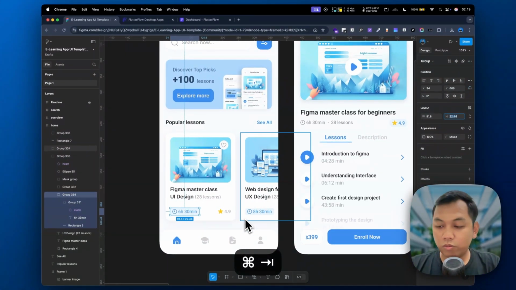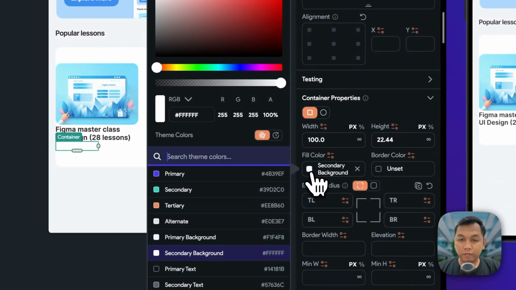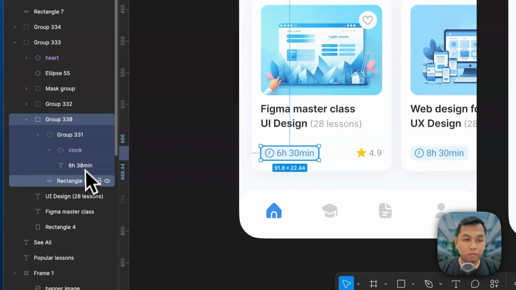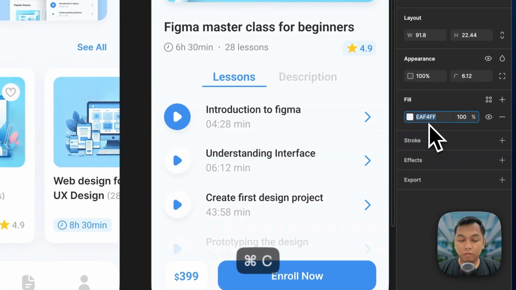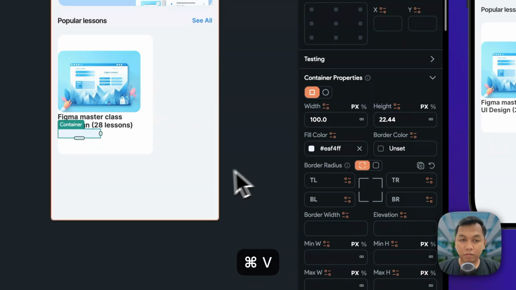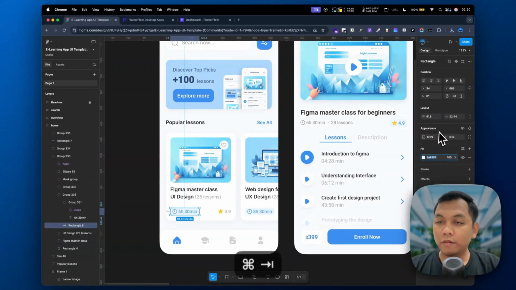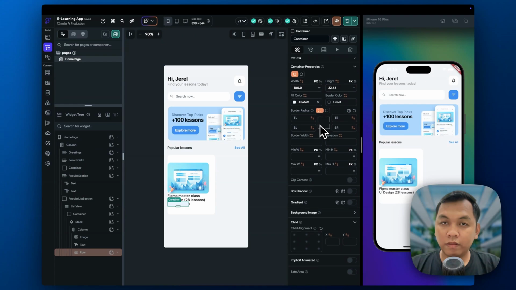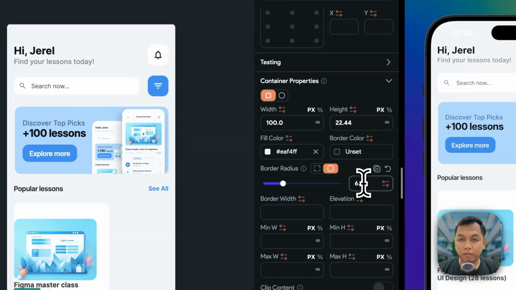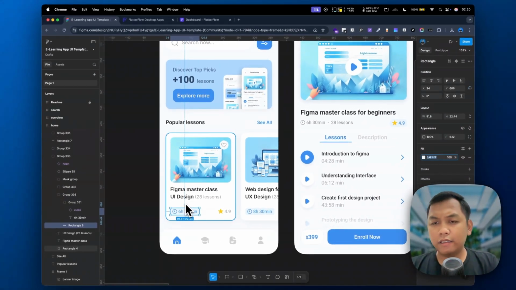And now let's change the color. And let's set the border radius to be